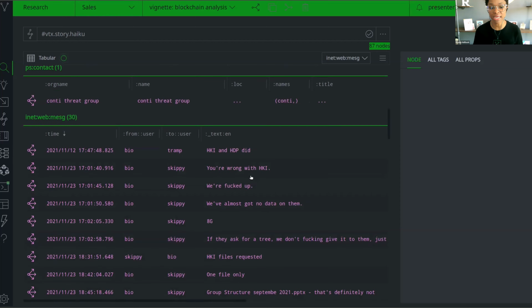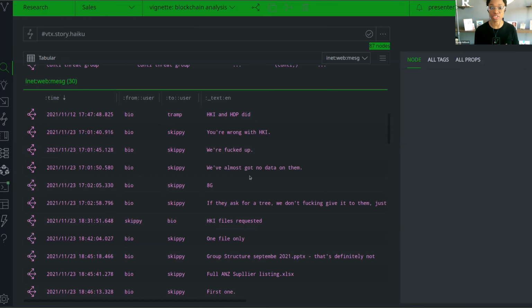Ultimately, what we found out was that this was in fact related to a victim payment. That victim that they called out was a victim named HKI. And using a combination of time boxing and timeline analysis to keyword searches, so what else referred to HKI, we were able to identify that this organization named HKI, we see how they're talking about them starting back in November of